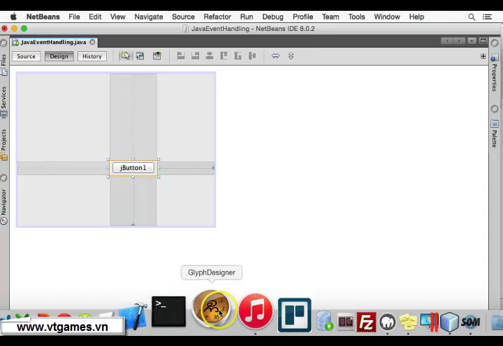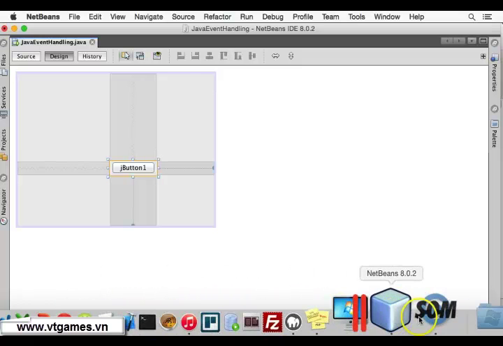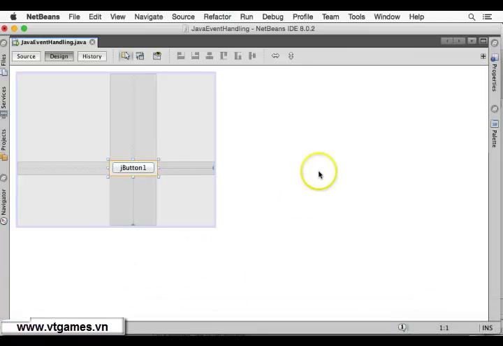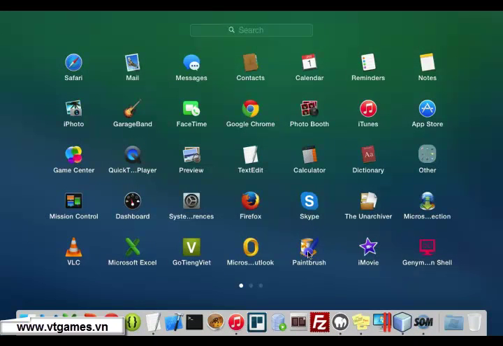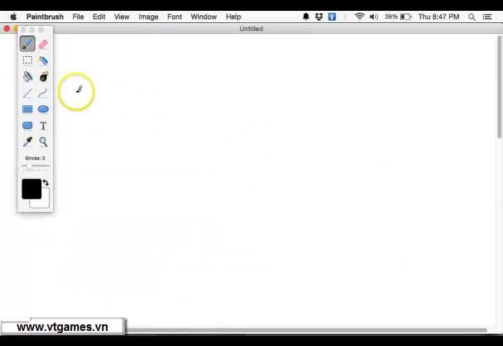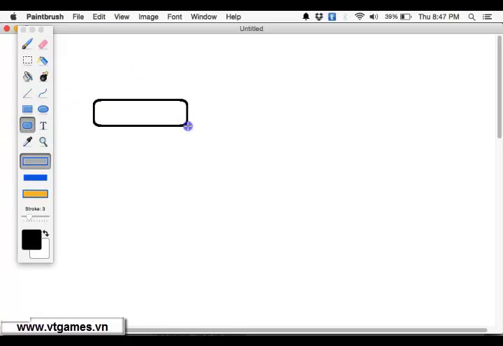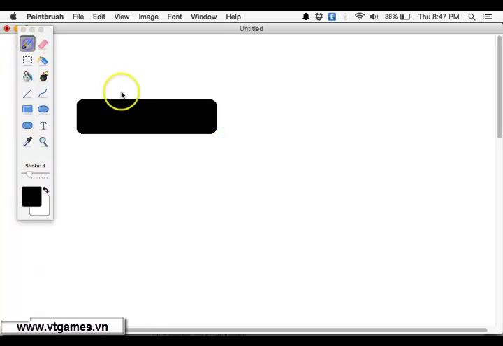But let's say I'm going to demonstrate and explain event handling using Paintbrush first, before applying it into our application. So event handling is like this. Let's just say that we have a button over here, or any other component. Okay, this is a button, and once we click on this button,